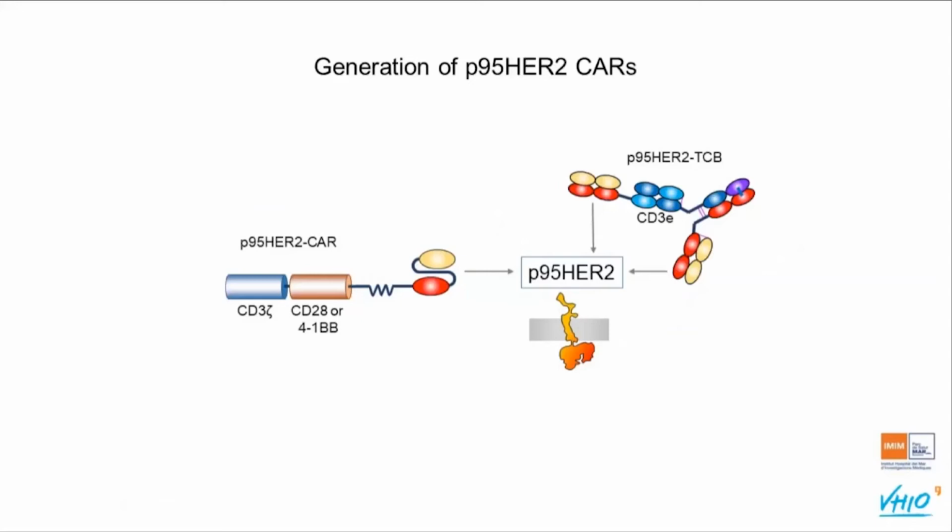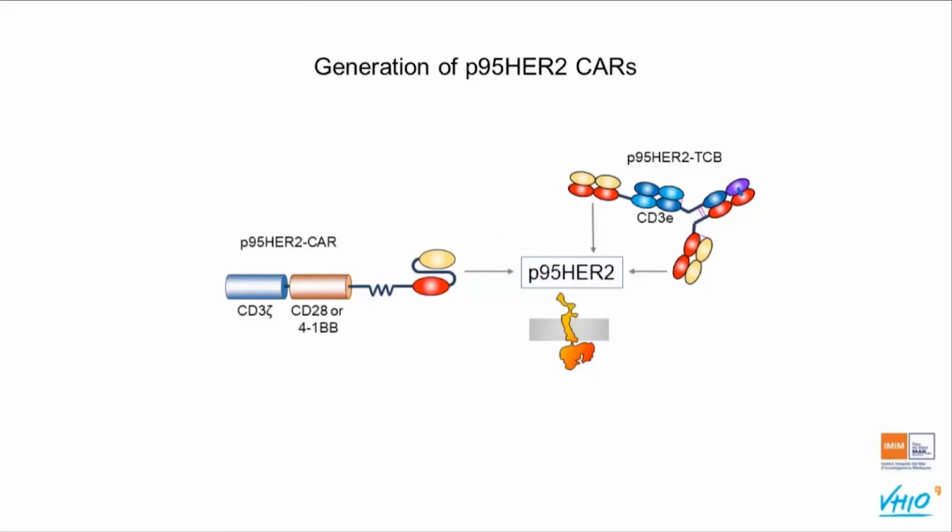Basically, the antigen binding domain of the antibody is fused to the transmembrane domain of the T-cell receptor and to signaling domains from the T-cell receptor and some coactivators, either CD28 or 4-1BB. And every time a lymphocyte that expressed this chimeric antigen receptor finds the antigen, the lymphocyte is activated and kills